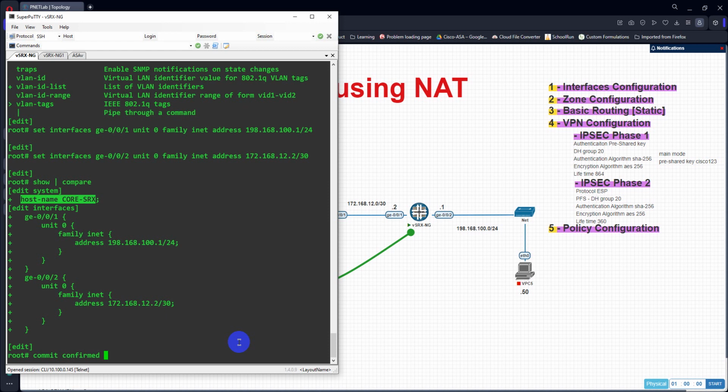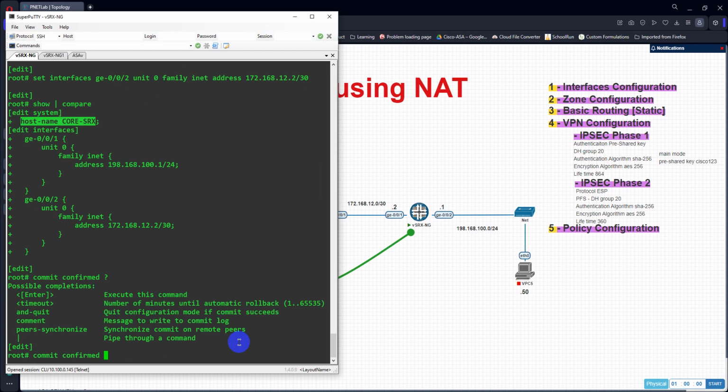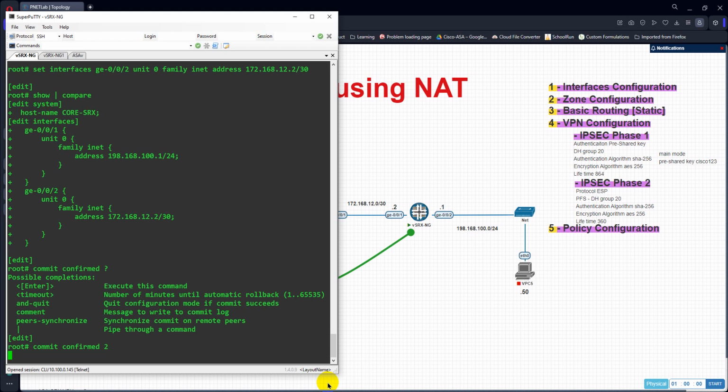So commit confirm, we can give the time. If you press question mark, you can see here we can give the time. Let's say by default it is 10 minutes. After 10 minutes it will roll back. But if I give the command, let's say 2, and commit,